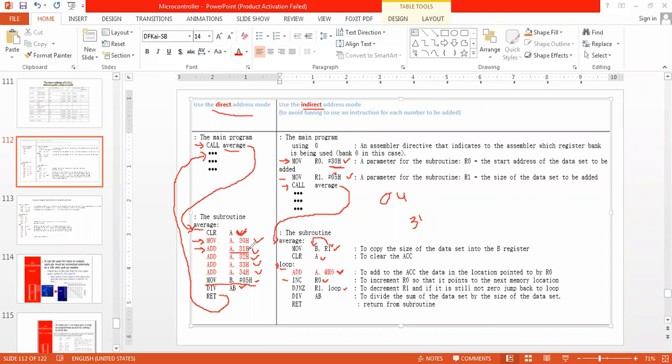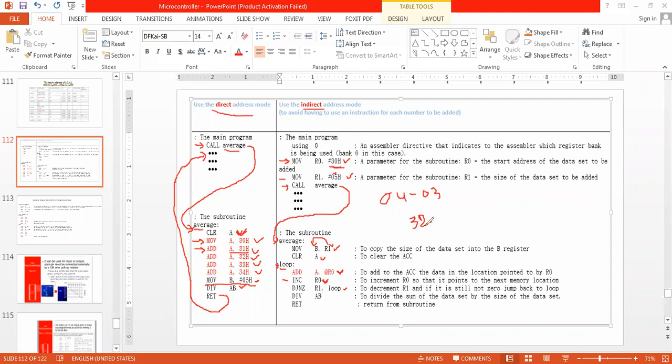This instruction. Then increment R0. So that will become 32. So decrement R1 and jump if it is not 0 to the loop address. So decrement it. So that will become 03. Correct. And then it will go back to loop. Again, add A comma at R0.